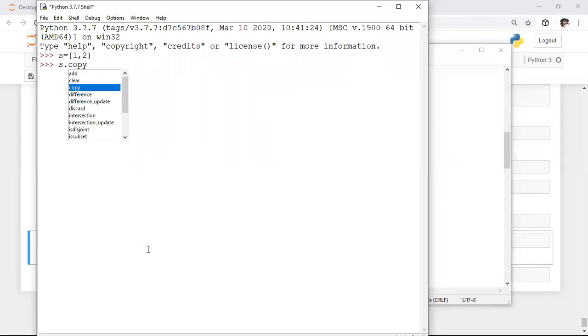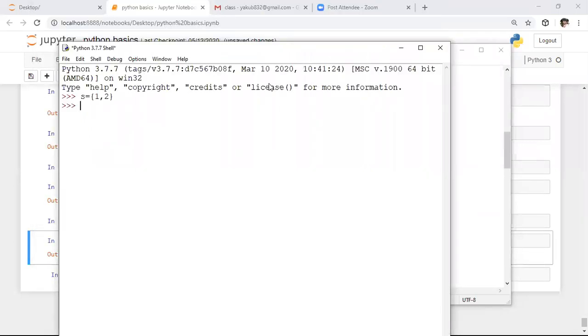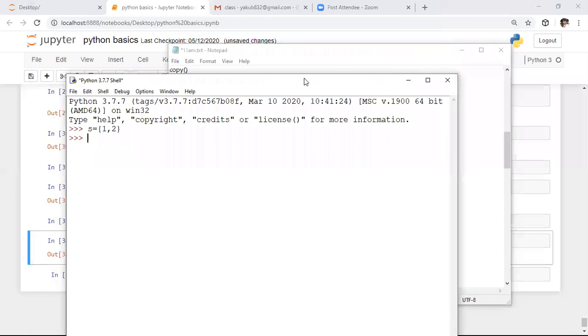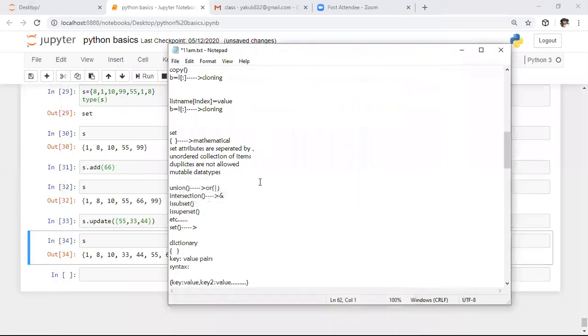Whenever you click the down arrow, it returns all the functions meant for set. Few functions are similar to the list functions, whereas a few more functions are also added to this concept. So go through the PDF. I will forward you that PDF after finishing this class.